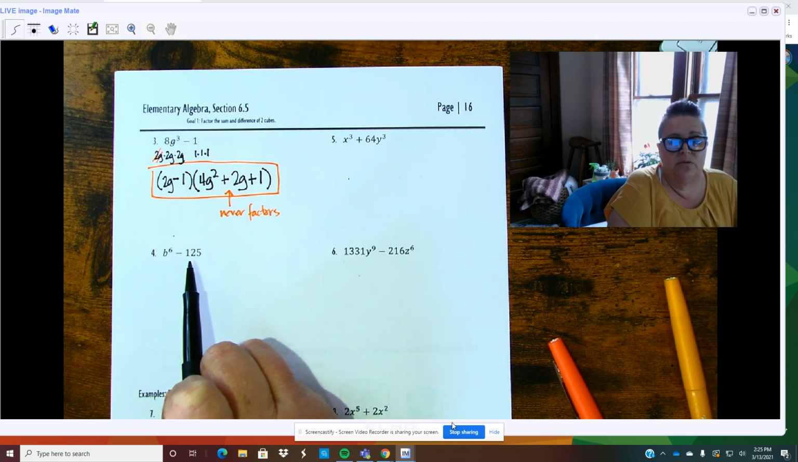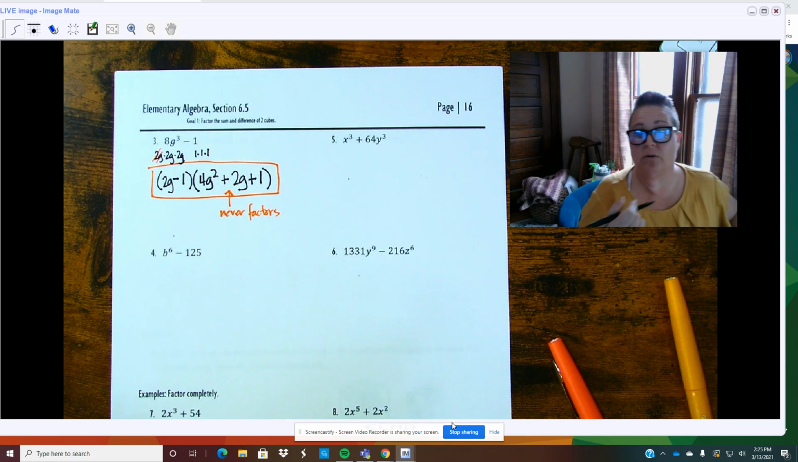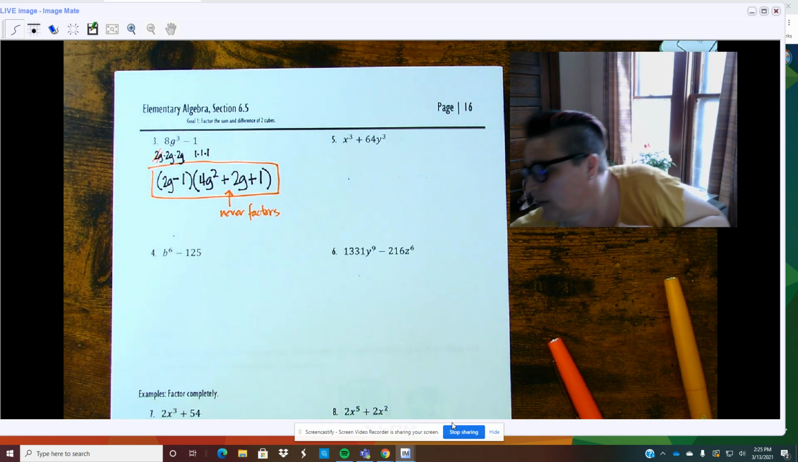Is it a difference of cubes or a difference of squares? Well, 125 is not a perfect square. Is 125 a perfect cube? Yes, it is 5 times 5 times 5. I know that one. Maybe you don't know that one. If you don't know that one,